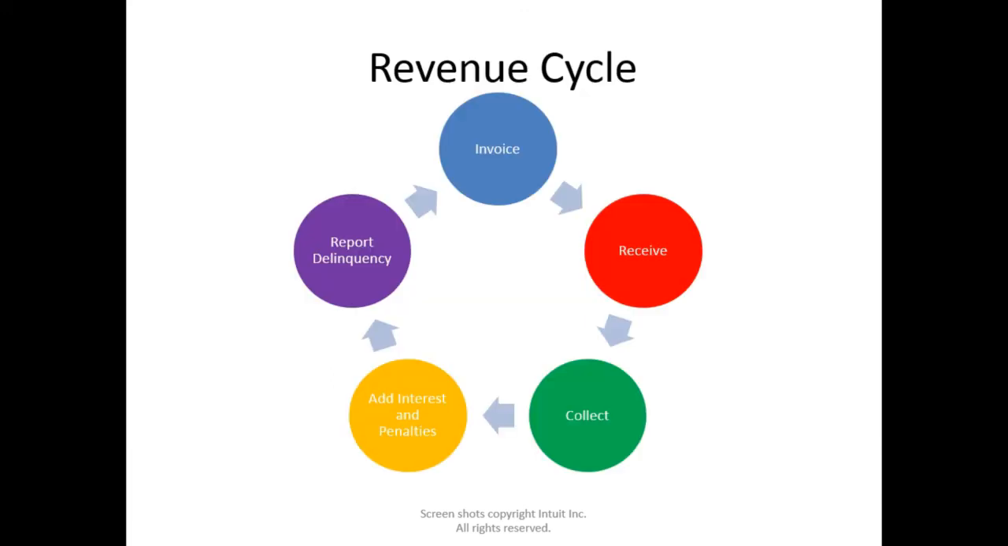First, let's start with the revenue cycle. The revenue cycle starts when we invoice or bill a customer, then we receive that customer's payment. If the customer doesn't pay, then we try to collect from the customer by adding penalties and interest that are allowed by our local and state ordinances, and then we track those delinquencies. In QuickBooks, this is what is called a process flow, and it is denoted by icons in QuickBooks: create invoice,